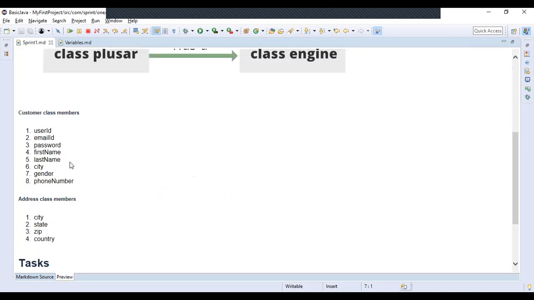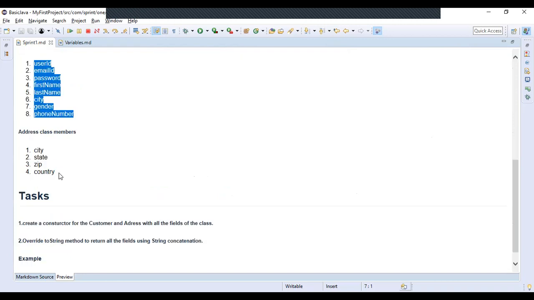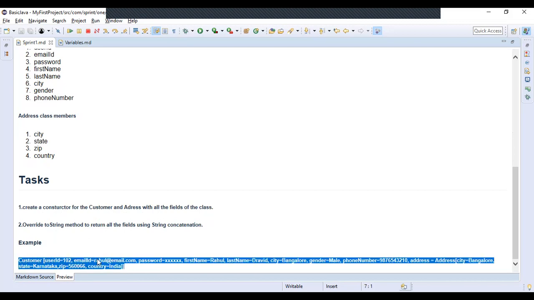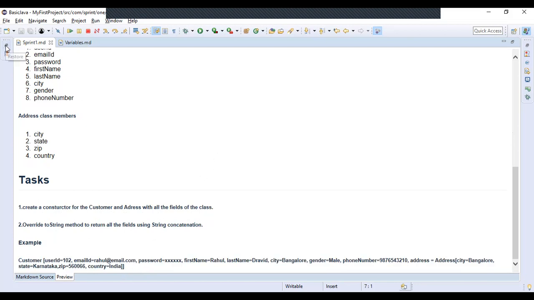Now these are the members of class customer, and these are the members of class address. Now we will see what are the tasks that we have to do. So they are saying create a constructor for the customer and address with all the fields of the class. So first task is to create a constructor, and second task is override toString method to return all the fields using string concatenation. So they have given the example. Our example should print toString like this. So we will start creating